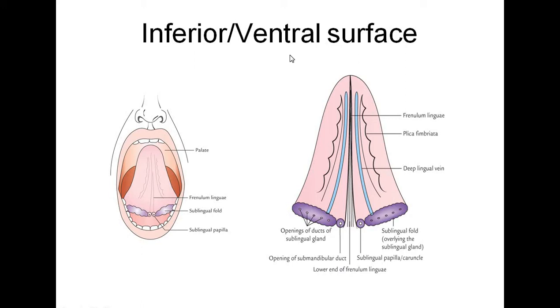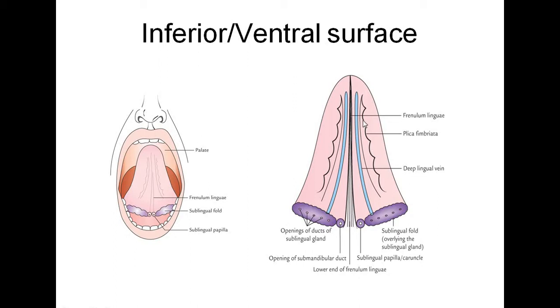The inferior or the ventral surface of the tongue, the structures seen: it is divided into 2 parts by a midline septum that is called the frenulum linguae. On either side of the frenulum linguae, a prominence is seen, and this prominence is mainly formed because of the deep lingual vein. To the medial aspect of the deep lingual vein is the presence of the lingual artery and the lingual nerve. We can see the deep lingual vein in the living person, but we can't see the deep lingual artery and the lingual nerve. It is not visible on the ventral surface, but it is present medial to this vein.